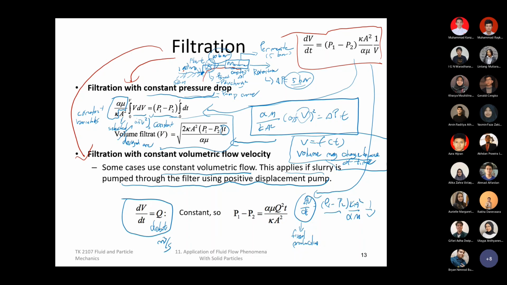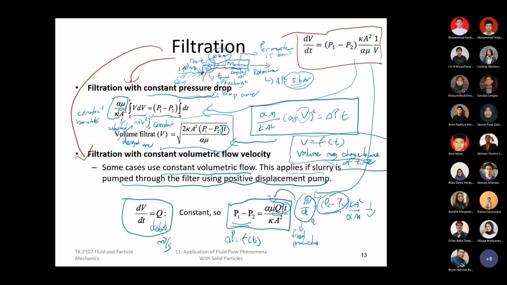But again, what's important is you have to understand the consequence of this operation. Now you have to provide a gradually increasing delta P, because if you just rearrange this equation, delta P to the left side, Q to the right side, you will end up with this: it's possible for you to maintain the same production, the same Q, but your delta P is now a function of time.